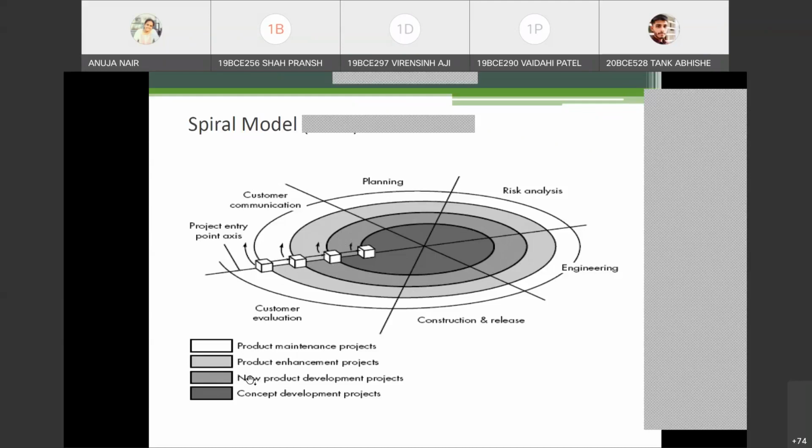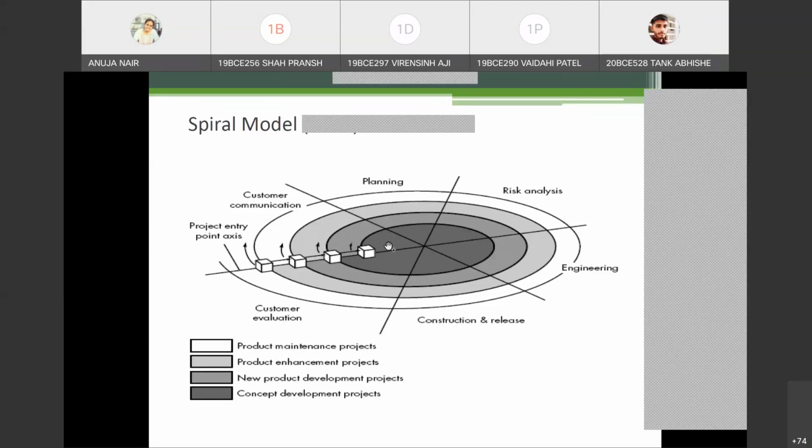So you have developed the product. Now you need to do enhancement. Enhancement means what? कुछ changes आते हैं अगर project में, so you are doing that. So again, the complete spiral is going through, this phase is going through all the phases of SDLC, right? And again, this milestone is achieved. Now last one is what? Product maintenance. So you are maintaining the product. Again, all the phases are coming, and once this thing is over, the spiral is over, project entry point axis, you are exiting the project. So you are starting from here, inward spiral, going outwards, right?